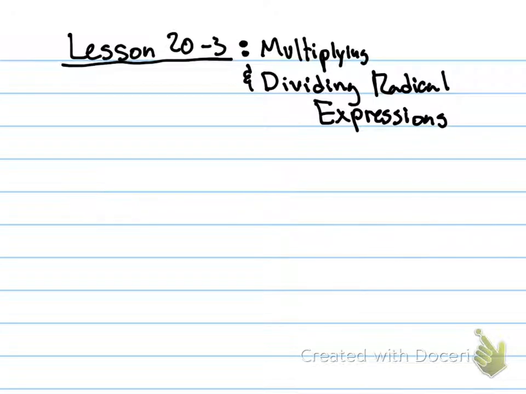Woo! Alright, today we're going over lesson 20-3, multiplying and dividing radical expressions. It's pretty straightforward. We're not gonna beat around the bush. We're just gonna go over some examples. There's not much that we need to do. There's the property, the property says